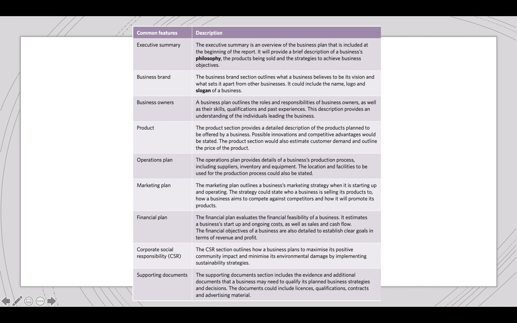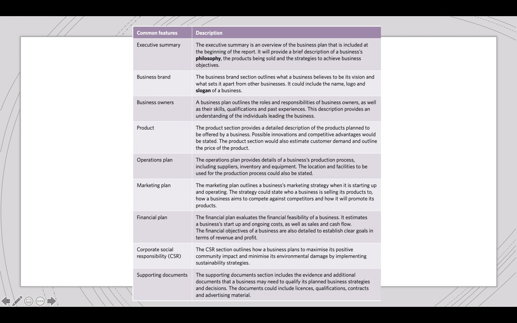Okay. The operations plan. So operations, we haven't really looked at in much detail, but it's effectively going to be showing how you are going to be making the product. Okay. So what resources are you going to require? How much of those resources, what equipment, what machines, what human labor you're going to need. Okay. And this is also where you will look at the location, and if you need any other facilities.